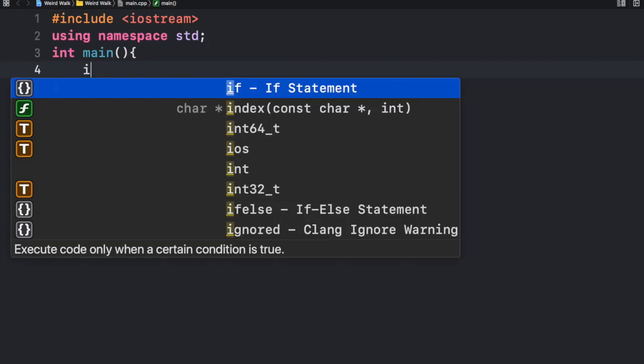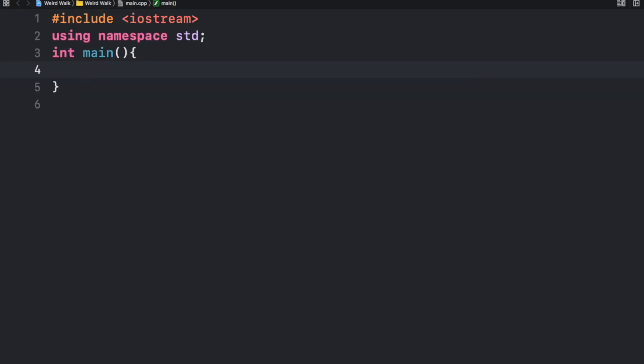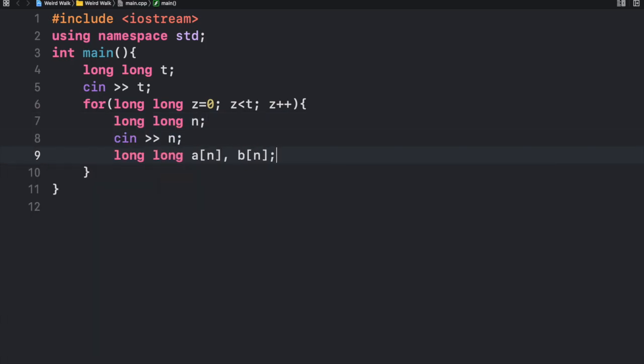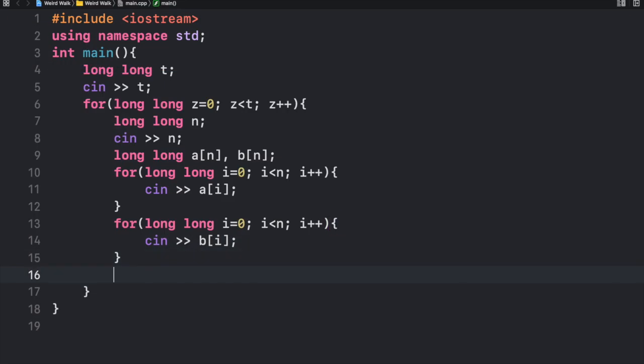Now let's go over how to code the solution. The input consists of t test cases, and for each test case, an integer n and 2 arrays of distances traveled from Alice and Bob of size n. After we take in the input, we can start our simulation by creating our counters for the current distance Alice traveled, which can be written as dist A, the current distance Bob traveled, dist B, and the total counter for the weird distance they walked together, which would be counter.